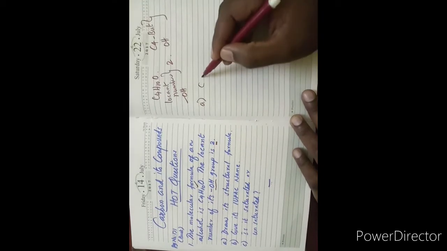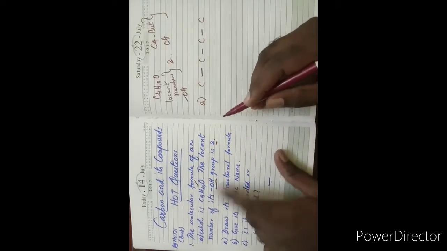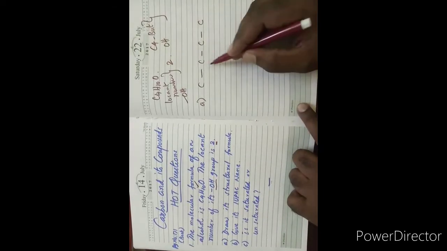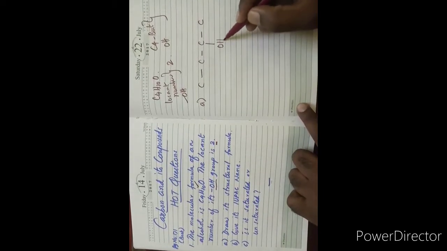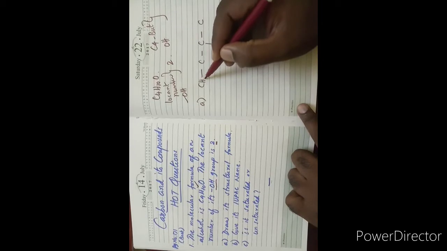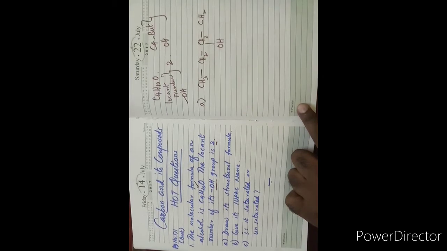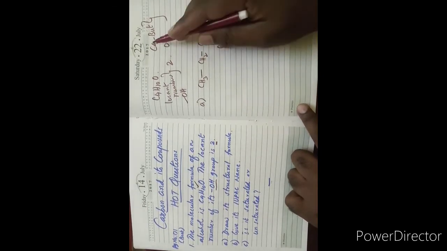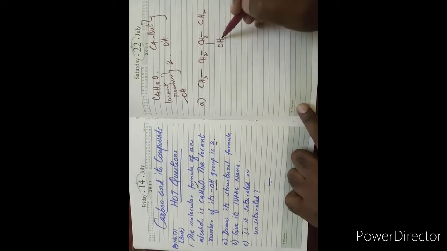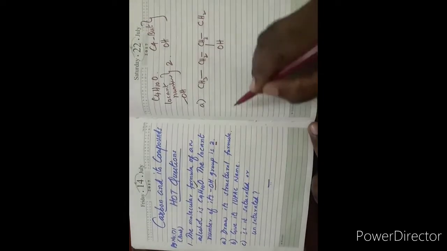So how? Let me write 1, 2, 3, 4. This is but, 4 carbons are there. The alcohol will be on the second locant. So I can write it here or here, both are the same, no problem. I am writing here. Now we have to bring in C4H10O. See, we always start from methyl. 3, 5, 7, 9: so 4 carbons with 3, 5, 7, 9 plus 1, that is 10 hydrogens, and 1 oxygen is here. So this is the actual structure of the given question. This is the answer for question A.